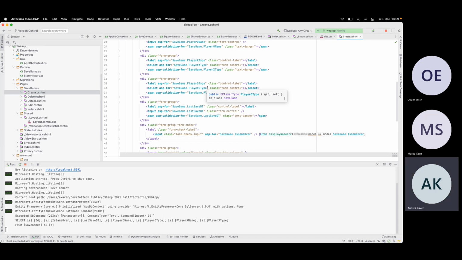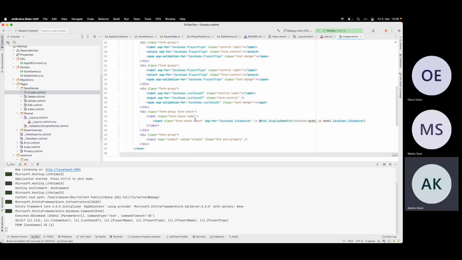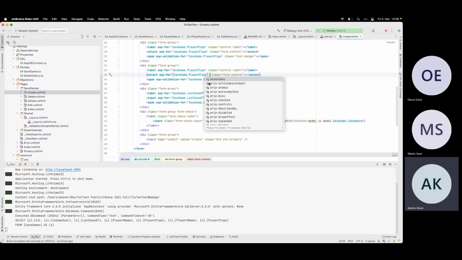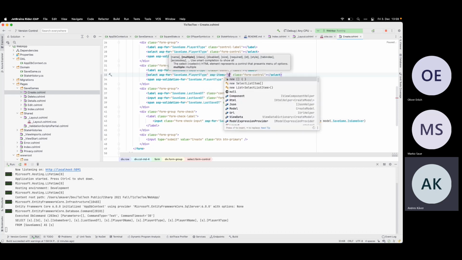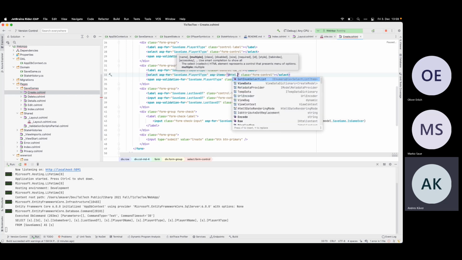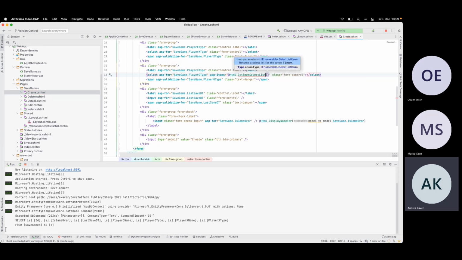There was an HTML helper if you want to do an enum thing. So it went probably something like this, ASP items, and there's HTML get enum select list.